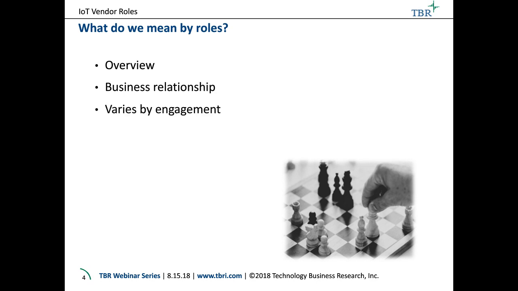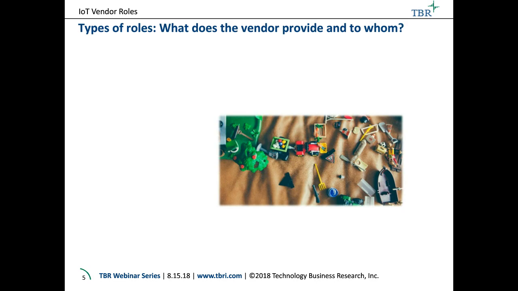And as I say, this varies by engagement, not simply by the offering or the category of the product or service, but by what role it plays in each, the creation and delivery of each IoT solution. And this has implications for the margins you can expect and the downstream revenue you can anticipate from these engagements, which is critical for evaluating the cost of the GTM against the potential reward of winning the bid. So let's look at the specifics of these types of roles.